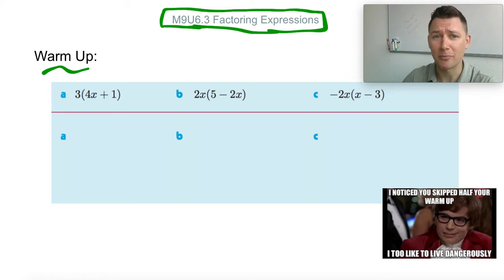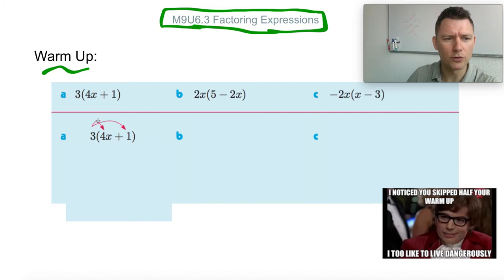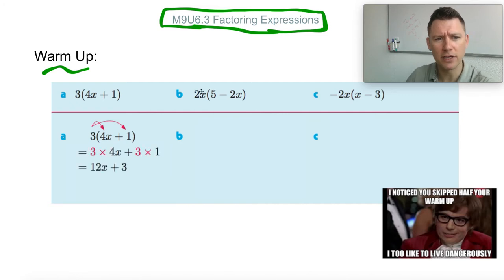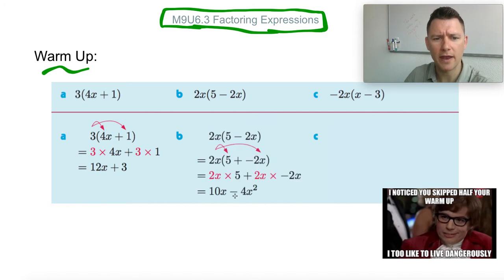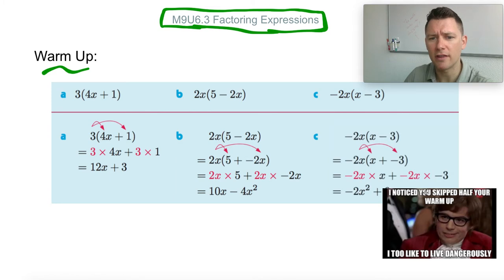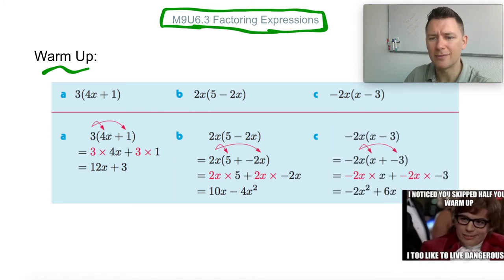I swear I'm not paused anymore. So let's try this guy out. There we go. You distributed 3 into both of these, and you ended up with 12x plus 3. You distributed this into both of these, and you ended up with 10x minus 4x squared, and we distributed into this. And this one you had to be a little bit careful with